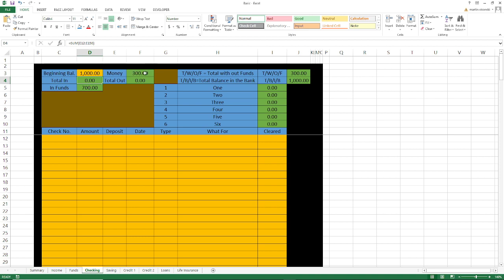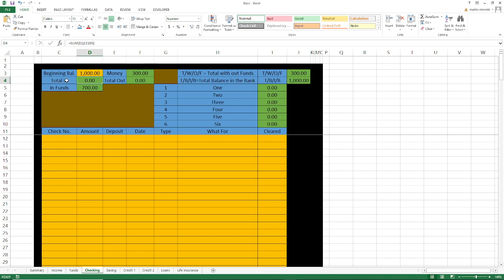So the money you can spend is $300. And it's right here, $300 without funds. But according to the bank, you should have $1,000. And that's how these items are read.